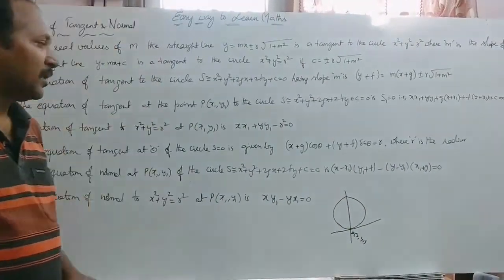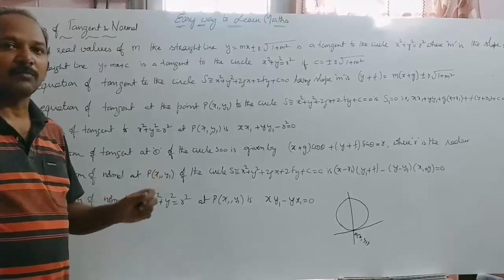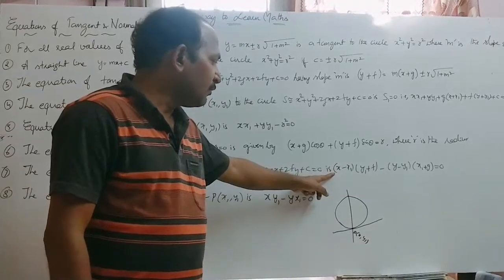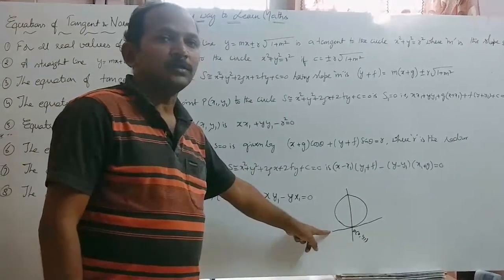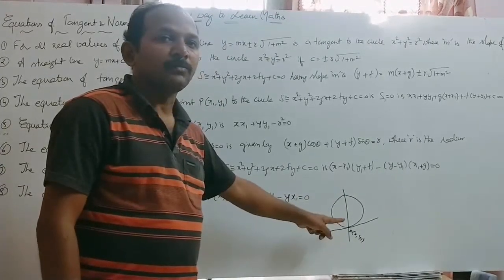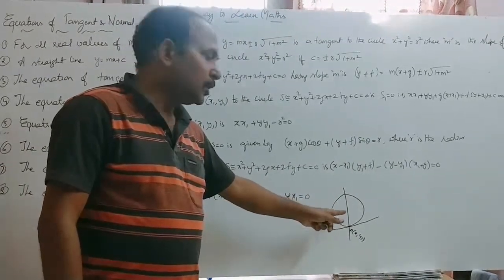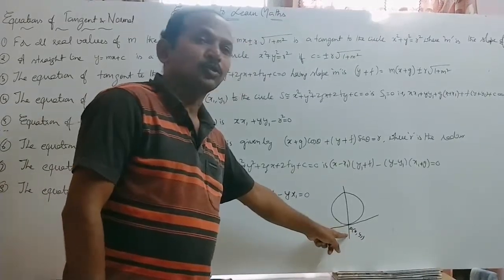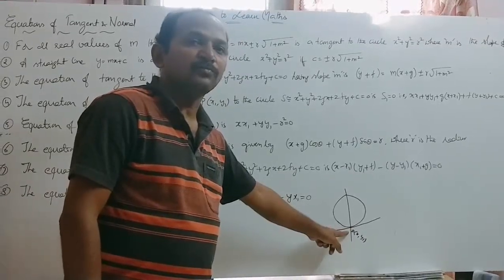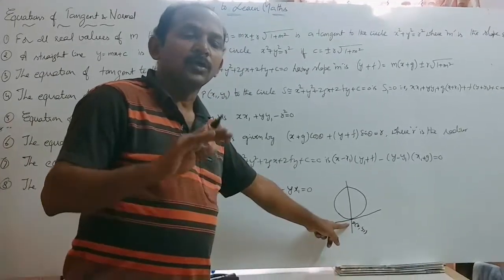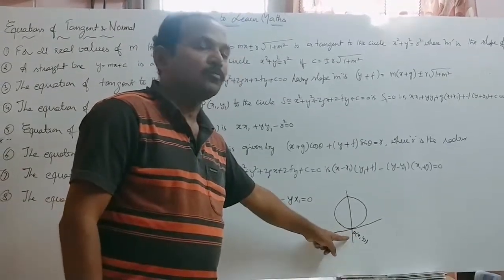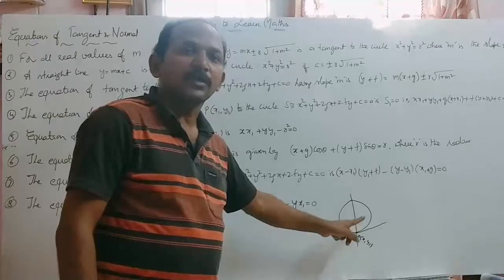If the question is asked as find the equation of tangent and normal, no need to write this formula again. Just simply, whenever you find the equation of tangent, the normal is always perpendicular to the tangent, so that we can make use of the slope. Here if it is m, then the slope of the normal is −1/m and the point is the same, so that we can use the formula y − y1 = m(x − x1). Here m is nothing but the perpendicular slope, perpendicular to the equation of tangent.